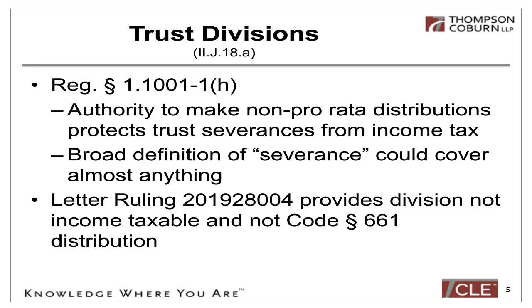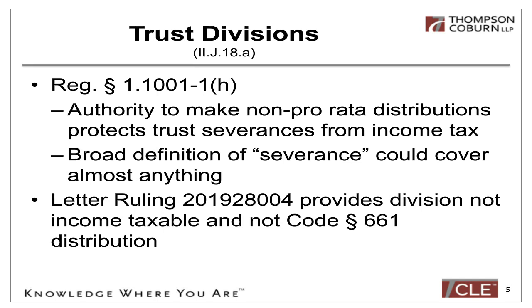So if you want to take the cross-reference to the GST regs to the nth degree, you could find authority to suggest that a commutation is not income taxable. And there are some people who have seized on this, and they stop their analysis there. So we're going to go on and talk more about divisions, and then we're going to wrap back around to the law on commutations and then the interaction between these two regs.